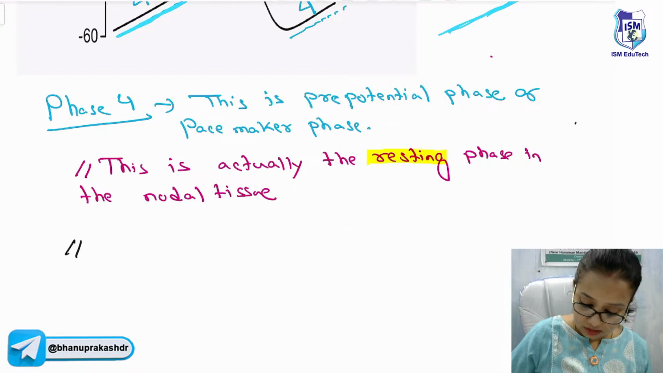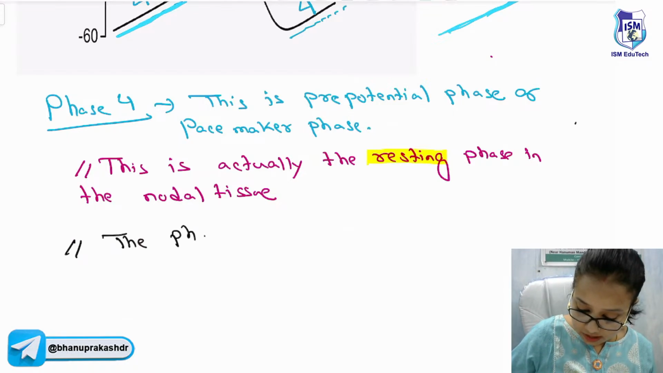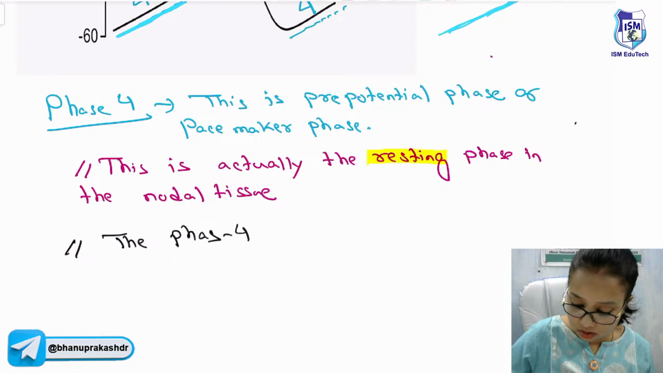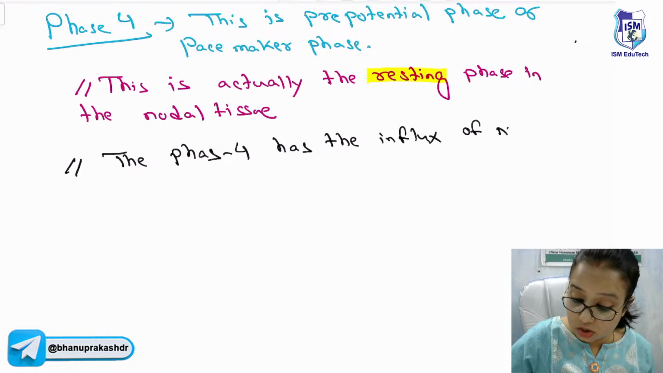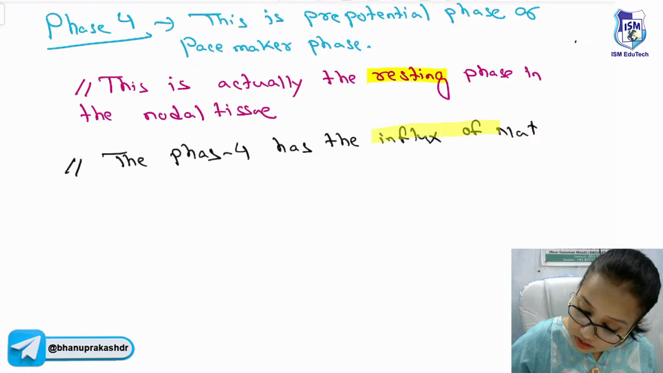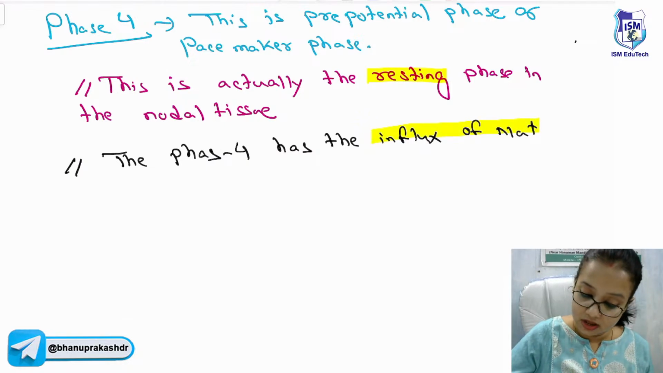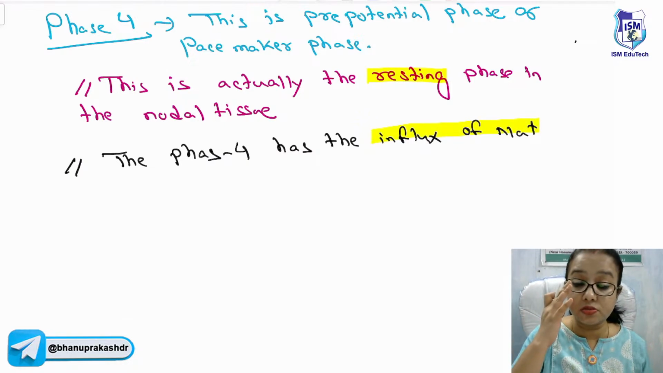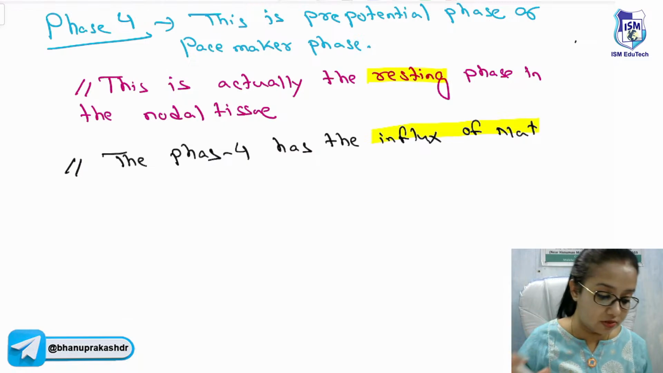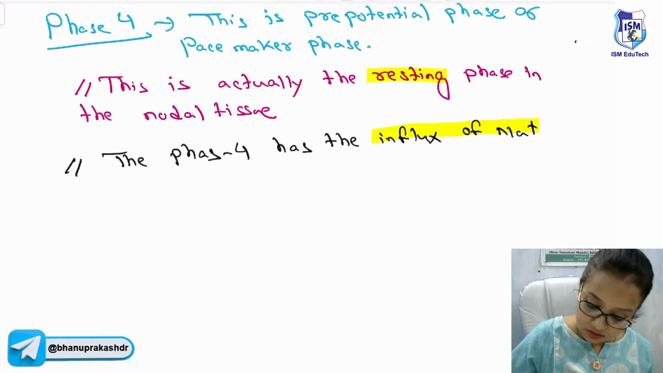Phase 4 has the influx of sodium. What does it have? It has the influx of sodium. Now, this influx is very different from what we saw in the wave of depolarization. This phase has the influx of sodium